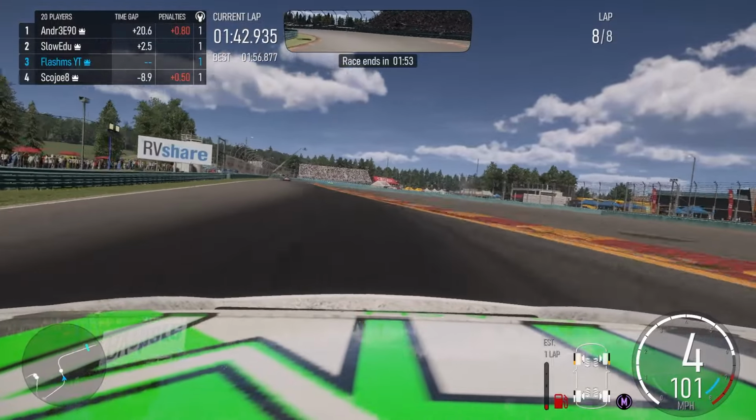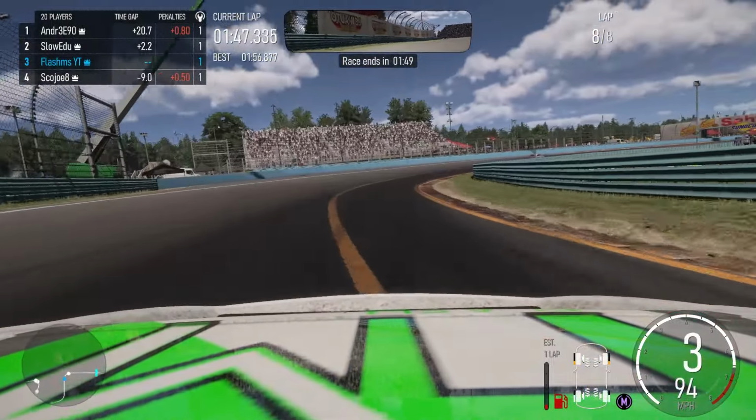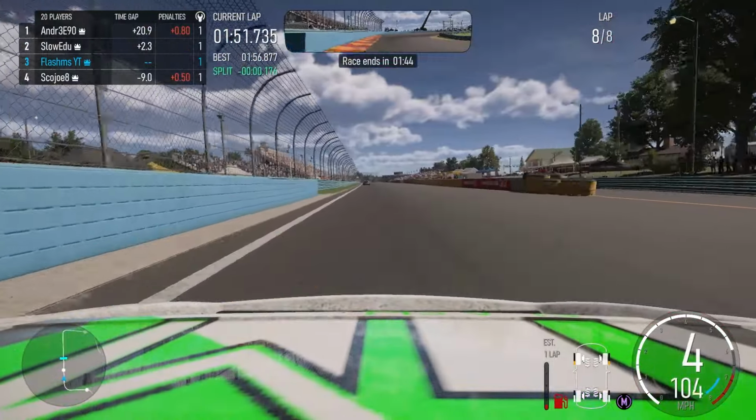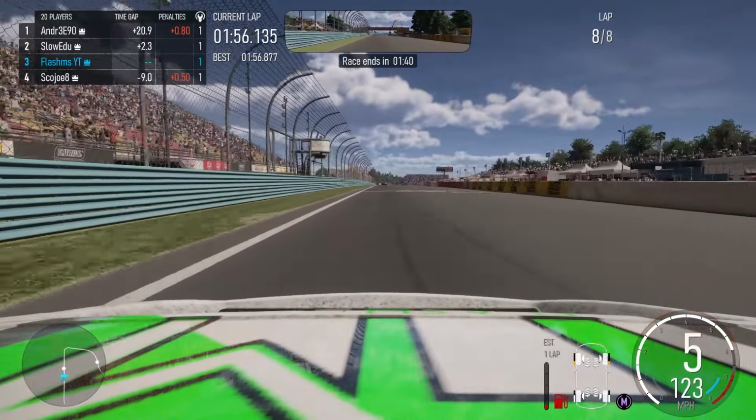Nice and gently does it. Rubbing that curb on the right hand side, back over to the left, knocking it into 3rd gear here. Rub that curb on the right, 2 seconds away from the car in front. Yeah, I reckon another lap would have done it. Never mind, we are on the podium, position 3,